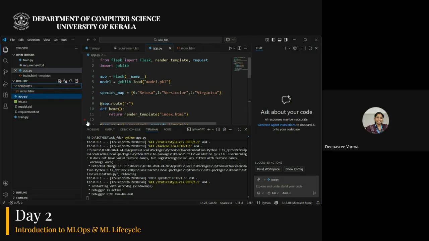So we need to keep all our HTML files in a folder named templates. In the third cell of the Colab file, I have an HTML file so that you can copy and paste it here. You can create a folder named templates, and inside that you can create the HTML file. This is what I did. It's like an MVC kind of, right? Yes, it is an MVC. The first thing I wanted to do is to create an application, so that then we can track that with various machine learning models.